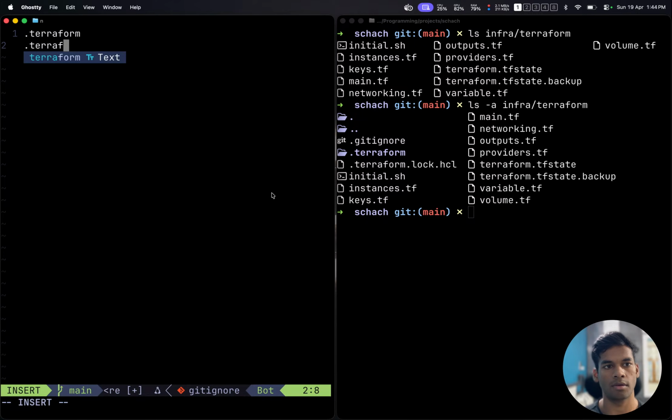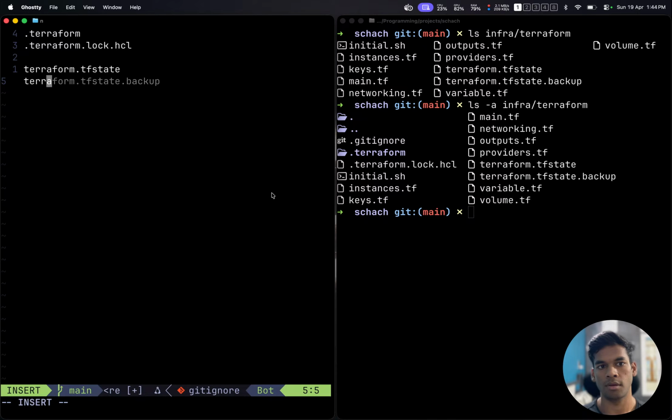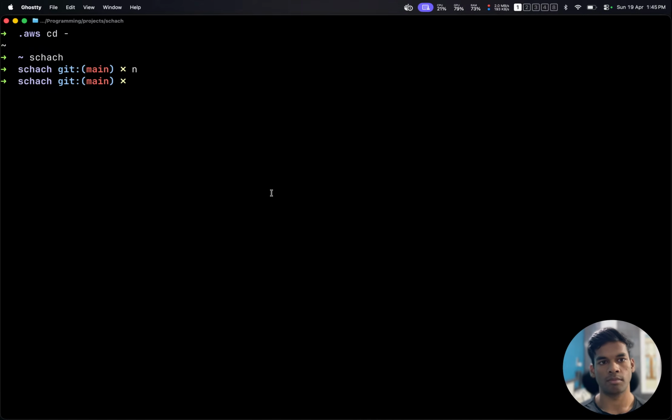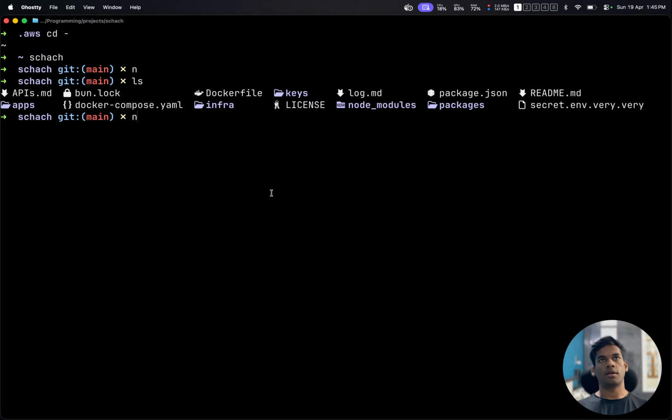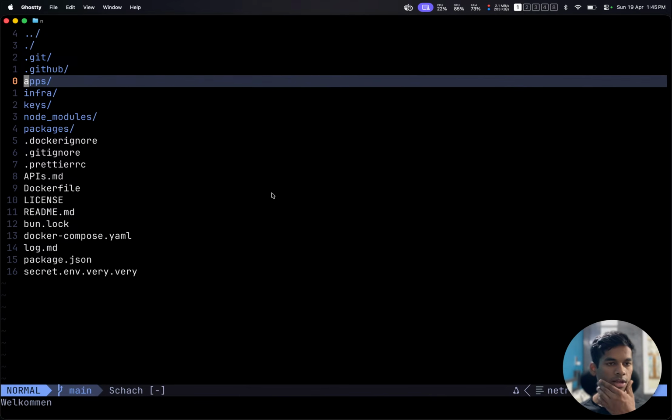The .terraform.lock.hcl, and then terraform.tfstate and terraform.tfstate.backup. Okay, that should work. We have the Terraform code,